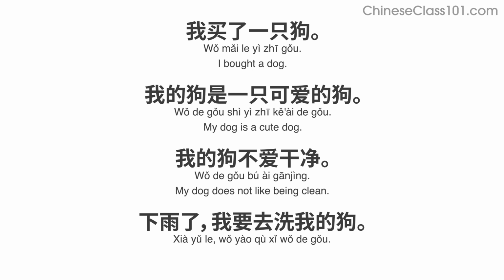下雨了，我要去洗我的狗。It's raining now. I have to go wash my dog. 要去 means have to go or am going to. 要去. One more time all together. 我买了一只狗。我的狗是一只可爱的狗。我的狗不爱干净。下雨了，我要去洗我的狗。